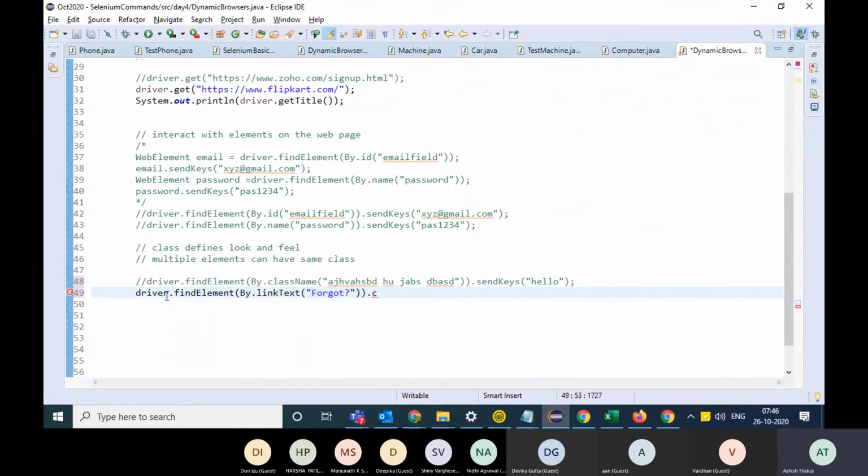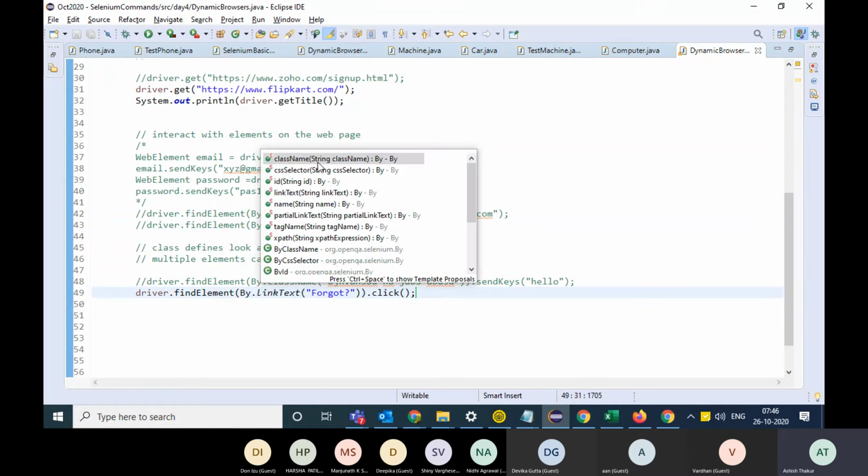So these are very easy ways to find the elements: ID, name, link text. There are many identification criteria: ID, link text, name. You can also have partial link text. Instead of giving the full link, you can give partial link, but it should be unique.